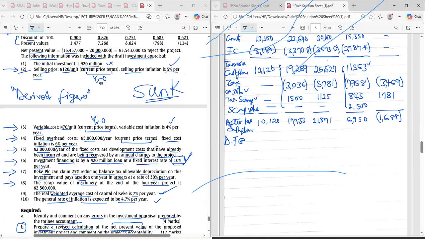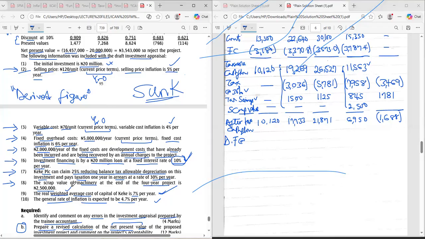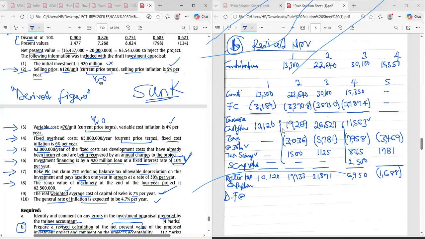Yes. Somebody is answering online, and the person is making serious sense. 7%, and you factor in inflation. You are the only one that got it. All of you are just saying 7%. The 7% given to you in the question is your real rate, which means without inflation. But the figures we have used so far in this computation have not been affected by inflation.